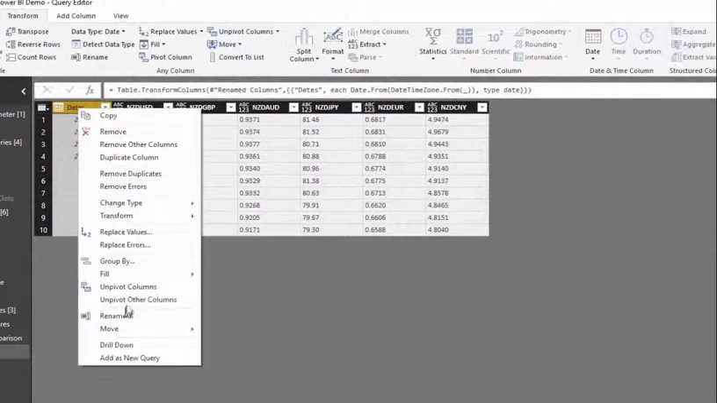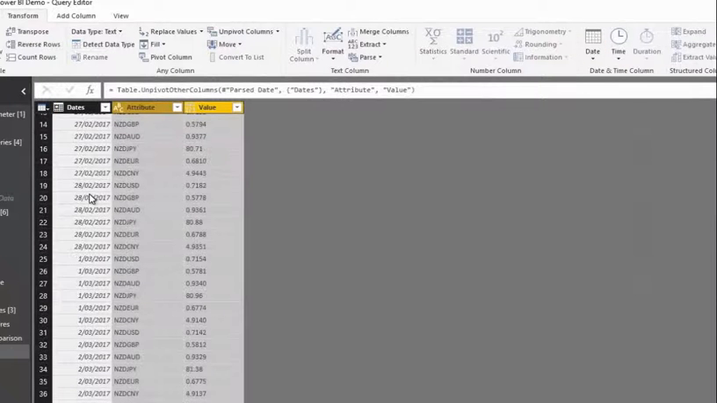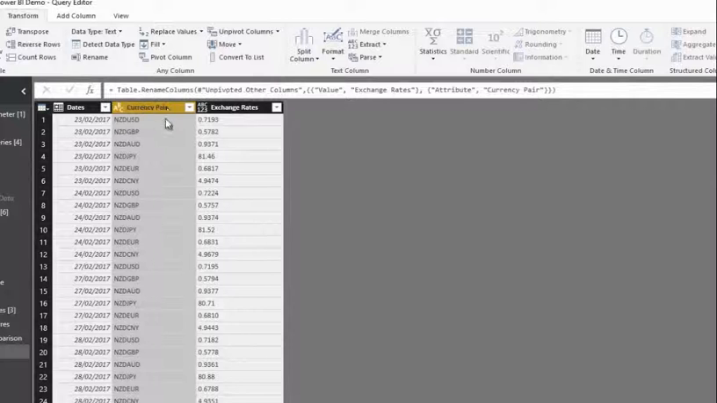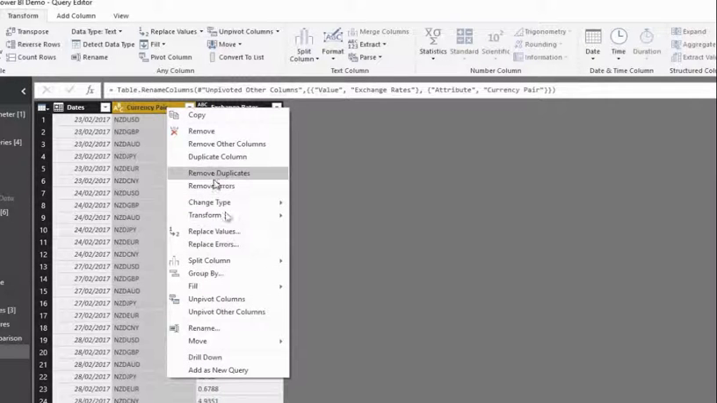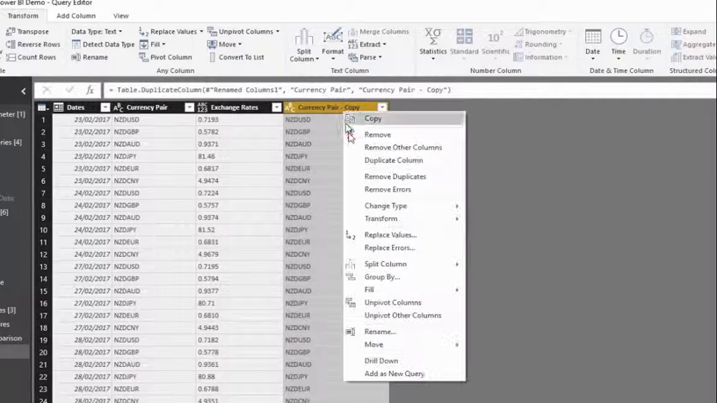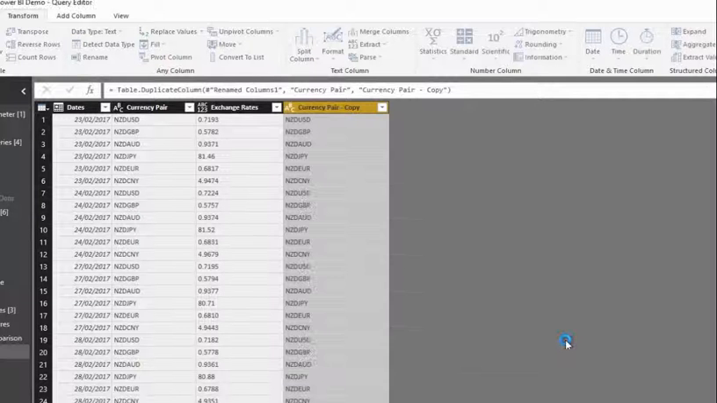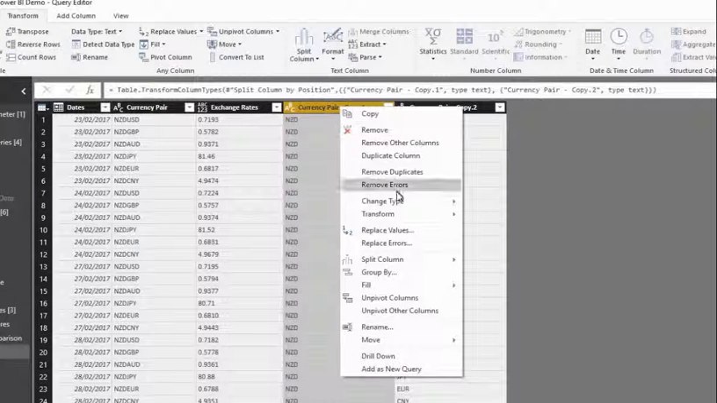So the way to do that is to select the main dates column, and then you go to unpivot, and you get an unpivoted table such as this. And then you could change the headers on these, and you could call that exchange rates. This one you would call currencies pairing, and then we could break this out again. We could duplicate this column, and then split the column by 3, and then we're going to delete this column,